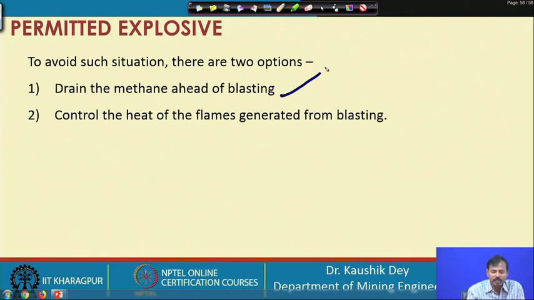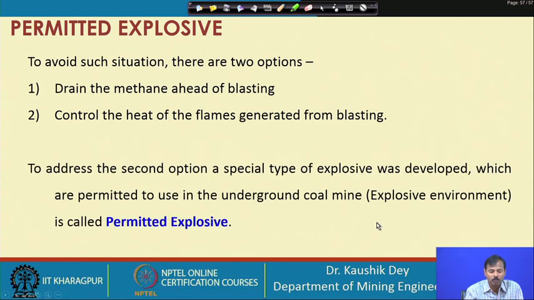The second is controlling the heat, so that heat and flame cannot be generated from the blasting to create a situation in which it will explode. The first one is very difficult and may be time consuming. So, to carry out the blasting, the second option is mostly used, and to address the second option, a